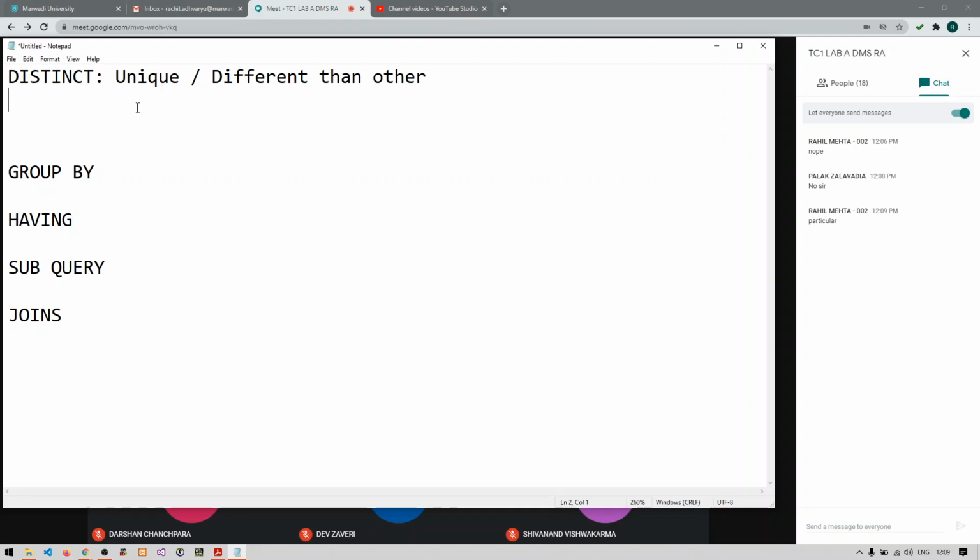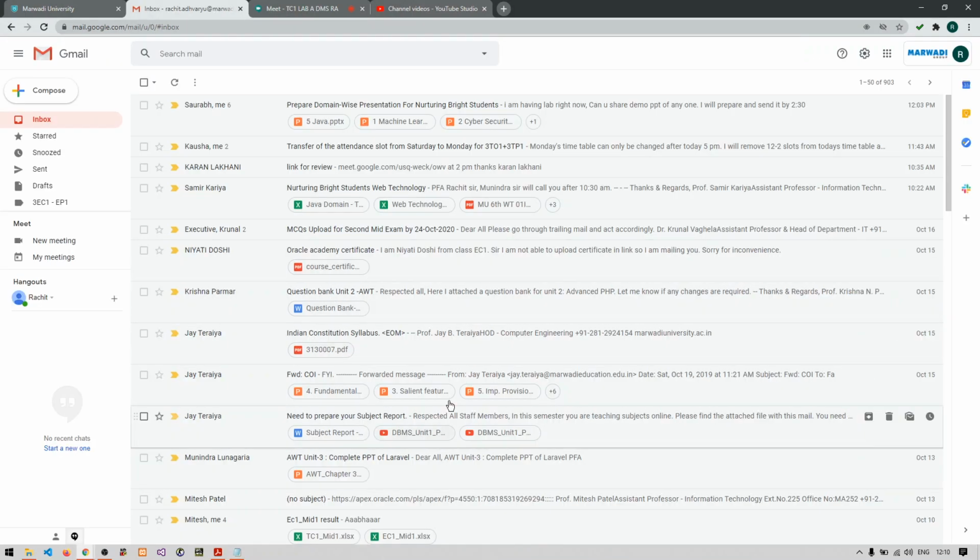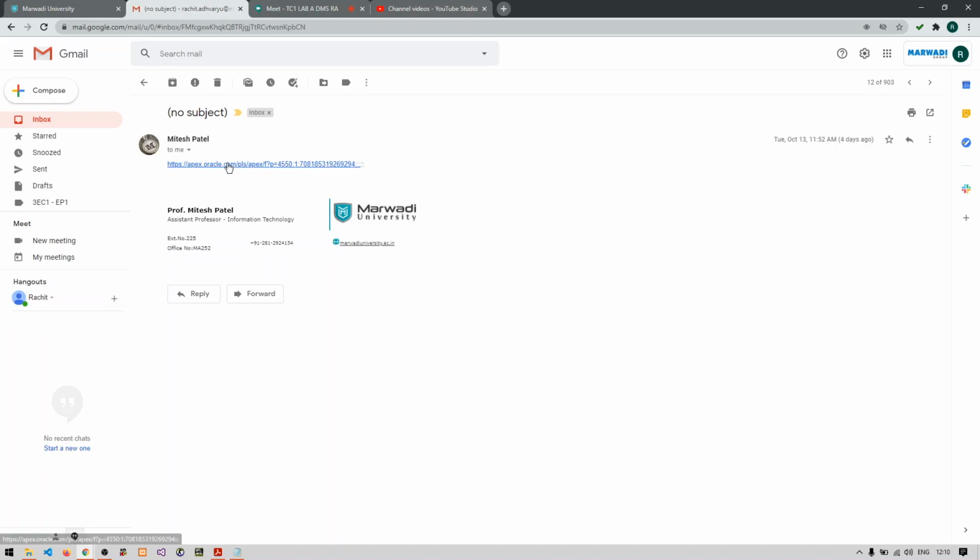So what is the use of distinct? To display only the unique data and discard all the duplicated data. Clear with the definition, or I would say the main use of the distinct keyword? Is it clear?